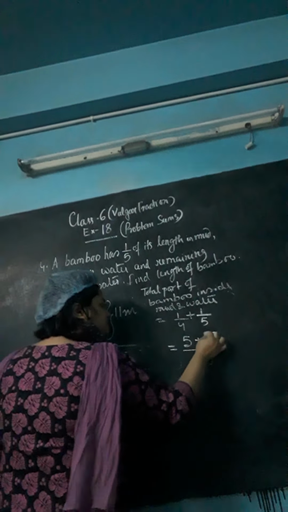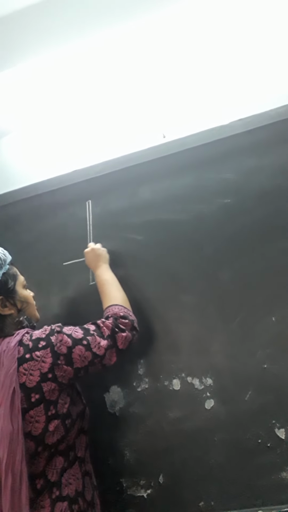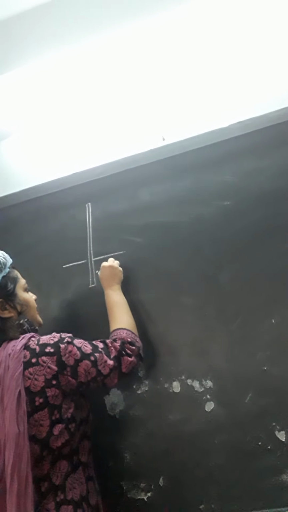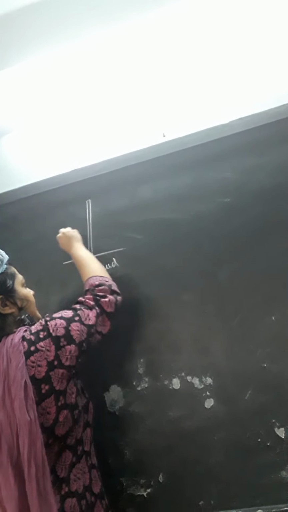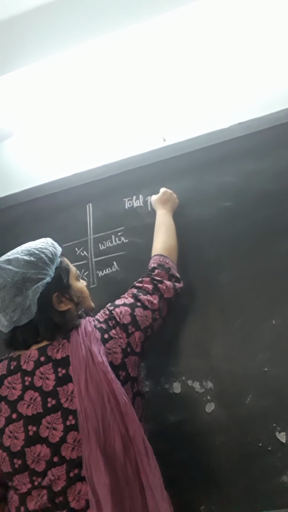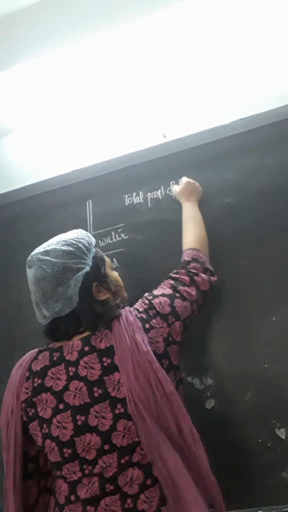So what I said, that there is one stick and a portion of the stick is inside mud and water. So how much portion is inside mud? 1/5, and the portion inside water is 1/4. So the total portion of stick which is inside mud and water, you have to write, this is a problem sum, total part of bamboo